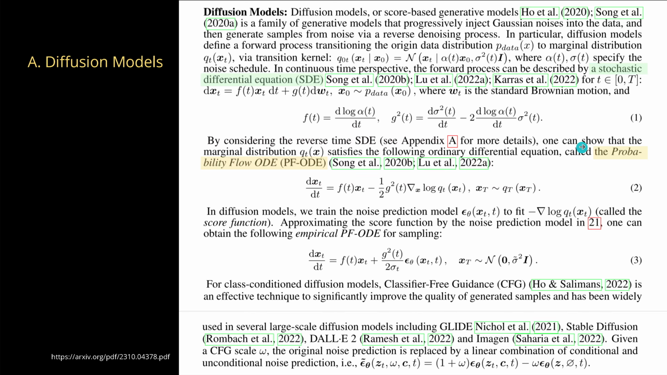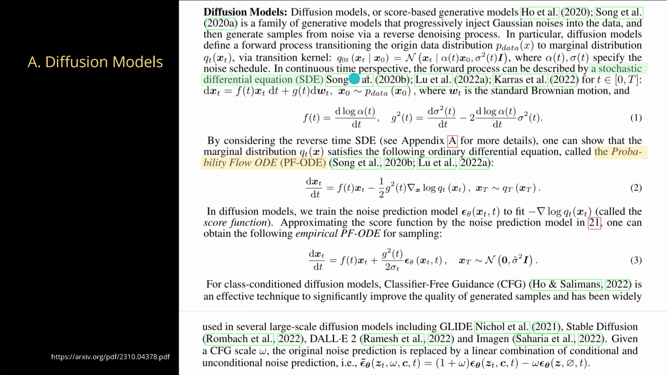Great. So if you're not up to speed, okay, one slide for you. Ben, this is for you. Diffusion models. You remember diffusion models? Those are generative models that progressively inject noise, Gaussian noise, into the data and then generate samples from noise via the reverse denoising process. This means diffusion models define a forward process transitioning the original data distribution to a marginal distribution via transitional